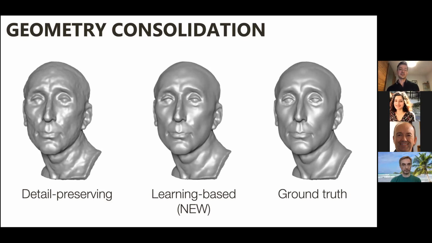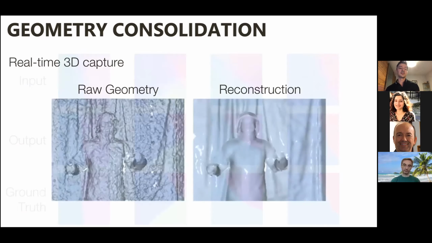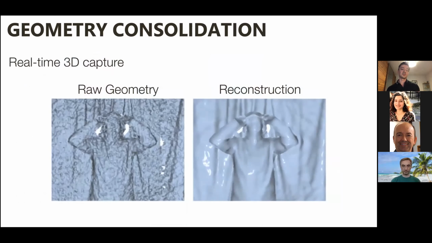So yeah, I was really amazed to see this the first time. Now, of course, this became quite normal. But at the time, it was really nice to see. And then if you look at the details, for example, on the normal maps, they also look pretty good. So we tried training on faces, testing on faces, so we could get these nice results. We tried training on, for example, garments and testing on faces, then you don't actually get those results anymore. So basically, I think there's a lot in the data that we can capture by using some of these techniques, also for geometry. And then you can use it for, of course, real-time capture in some real-time systems as well.